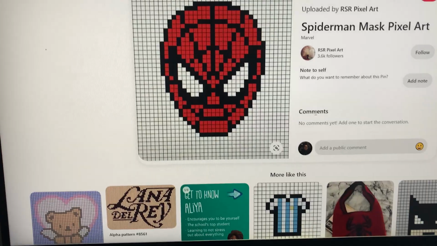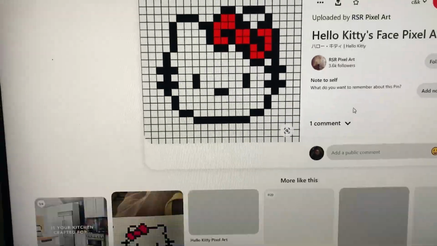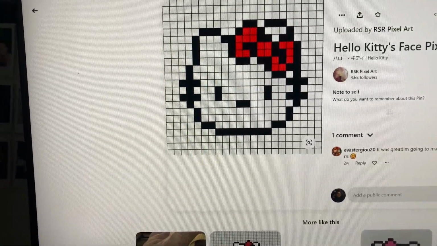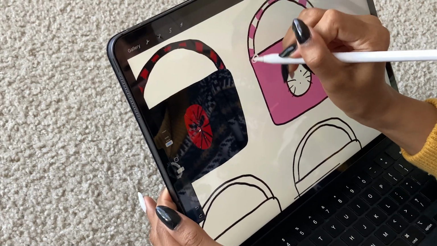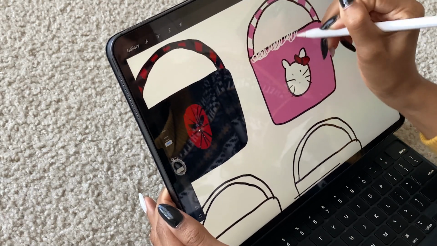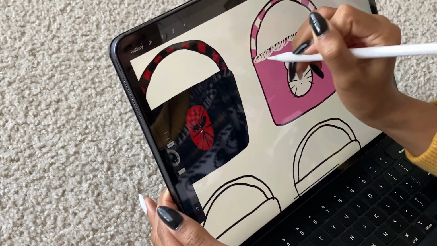I liked this Spider-Man one I found and this Hello Kitty one that I found. They were both small, which was good for my medium-sized bag. I then drew out two bags with the graphs in mind. They both came out pretty cute, but I was only going to choose one, and I think it's gonna be